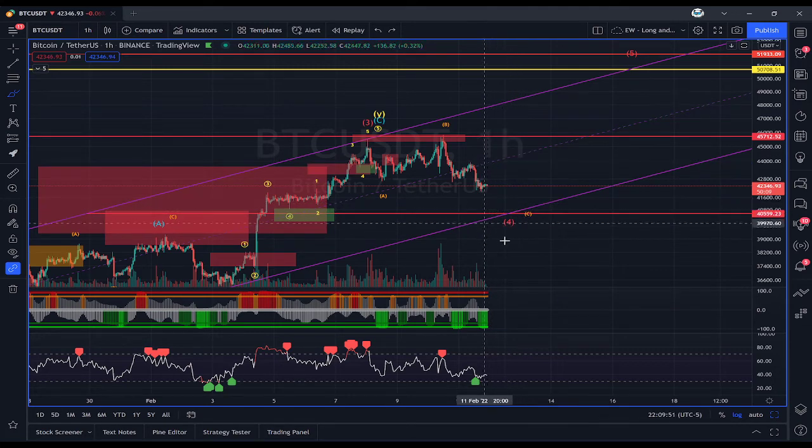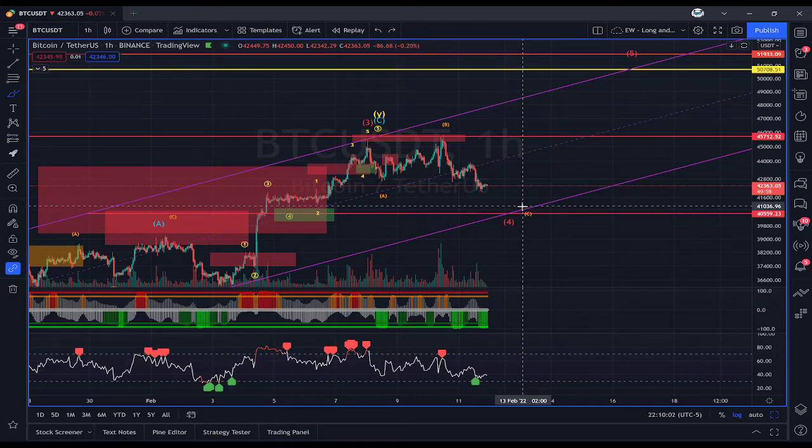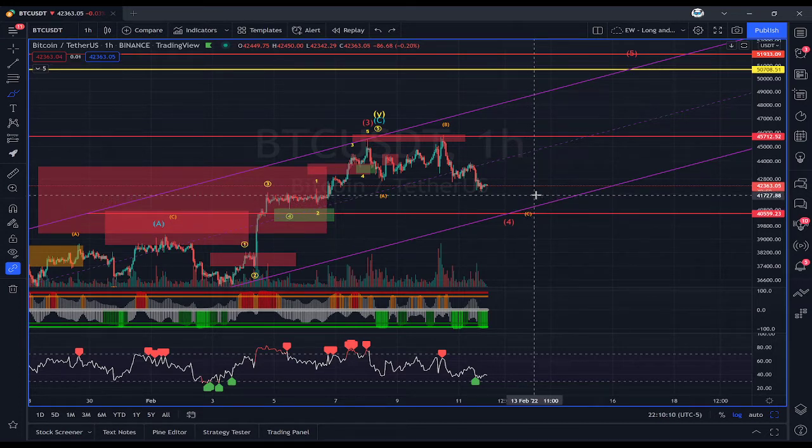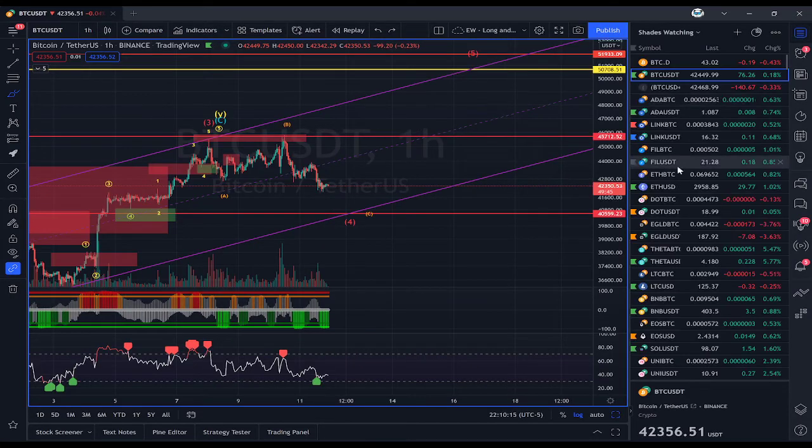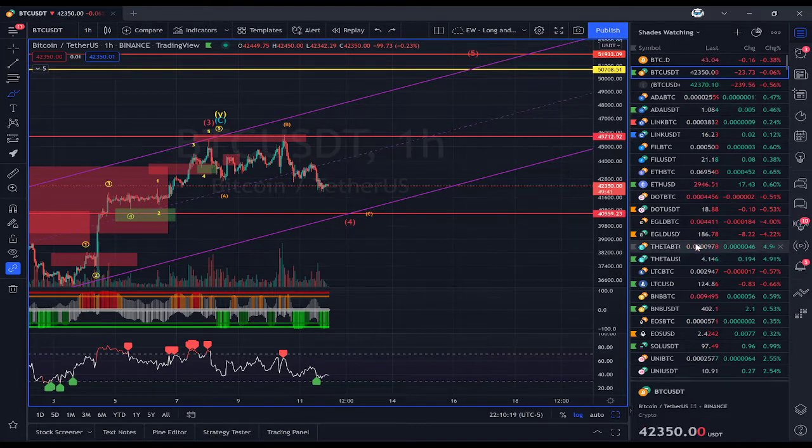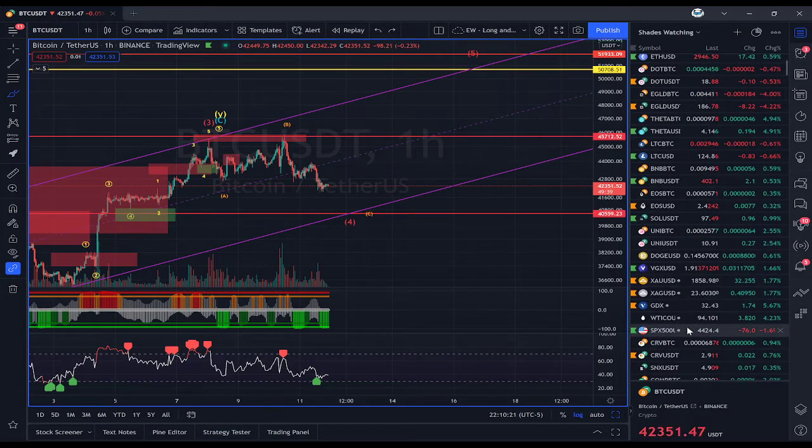So we really need to wait and see what the reaction is from this diagonal trend line. And I'm going to do something here that I haven't done on the public video before. I'm going to pull up the chart for the S&P 500. I've been going over this chart with members, but I did want to go over it because I don't want to see anybody blow up their accounts. So I am going to be very, very cautious. I'm not really sure that that's going to hold, and here's the reason why.